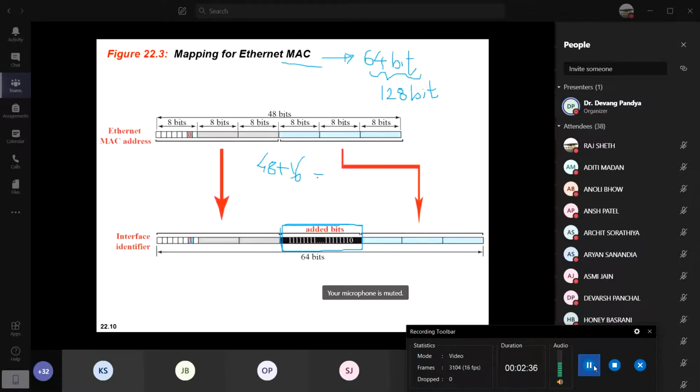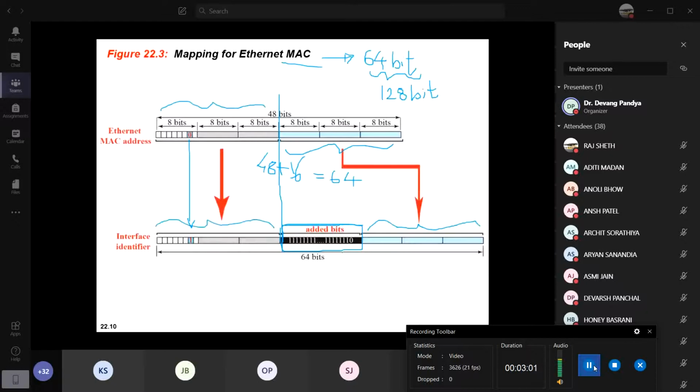And how does it happen? First of all, you are making this local conversion to global, and then in between you are just splitting this, and you put the rest 3 bytes of the hardware address here. You put these 3 here with the changed bit, and in between you sandwich this pattern.